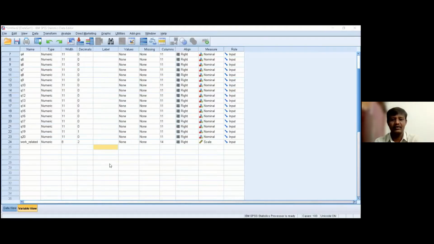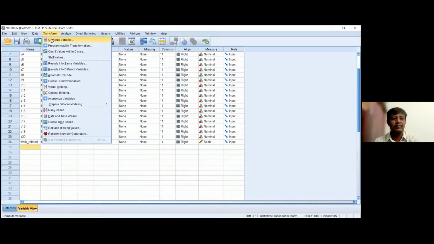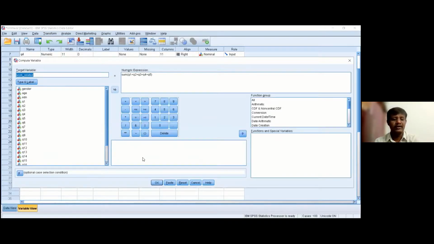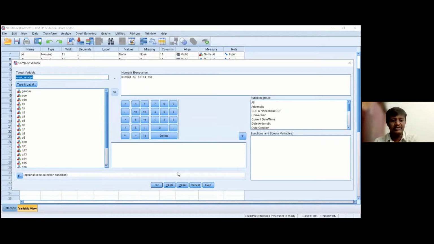We have 3 more variables to study. Again, we are going to transform, compute variable. Now we can see the same things we did previously. Simply click on the reset button, so all this information will be deleted.